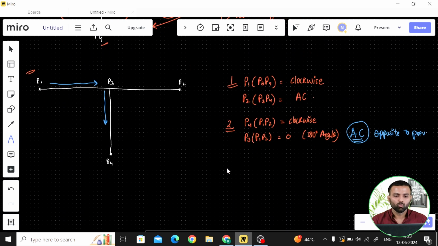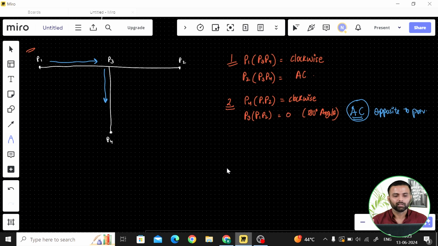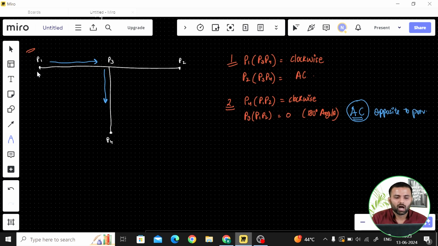Now let's move further to another test case. For example, our points should look like this, right? So P1, P2 is there and P3, P4 is this. Okay. So if you see here, let's suppose I just have a line segment P1 to P2, and I'm standing in this direction right now. I have to check with respect to this line P1, P2 where my P3, P4 lie, right? If you see here, P3, P2 lie, right?